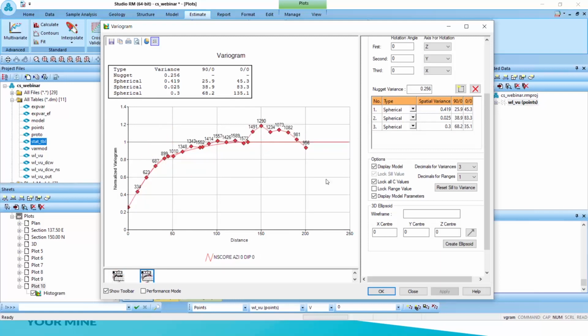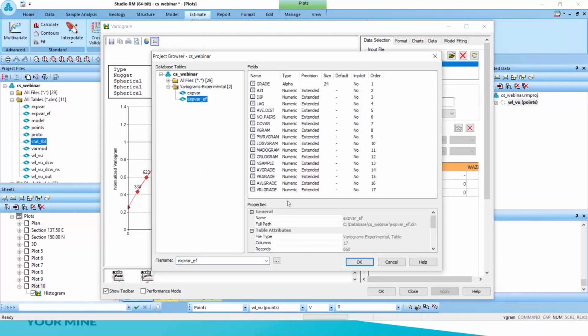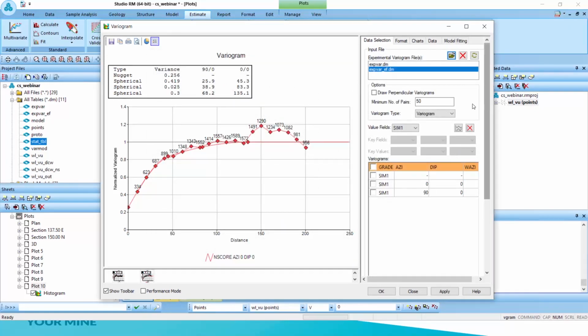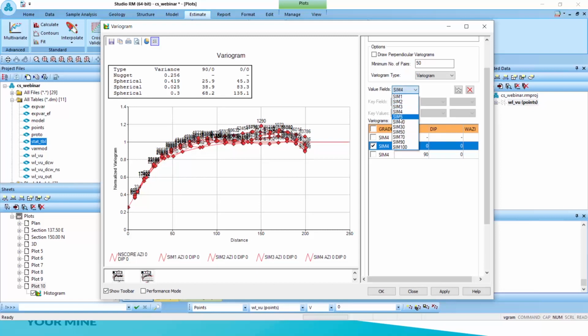This direction here, I'm going to load this new experimental variogram. Okay, and I will try to have a look here. Load this for the first simulation. Good. For the second, third, fourth, fifth,